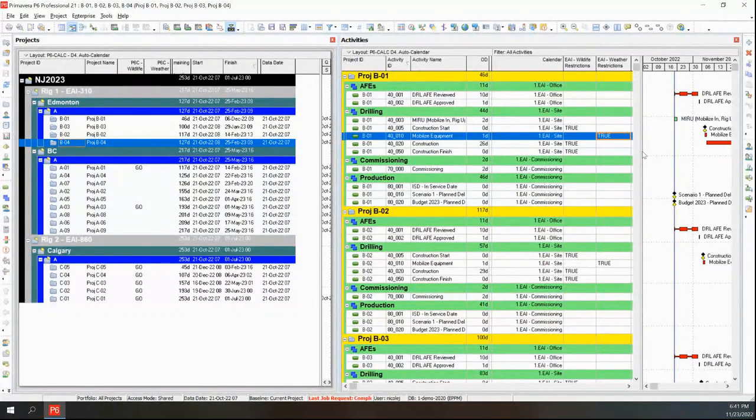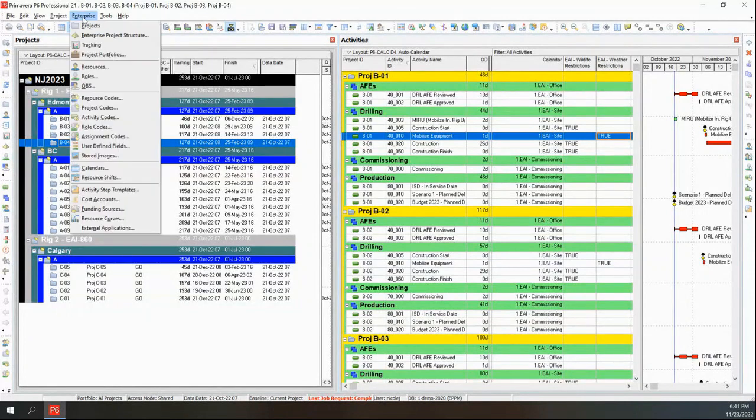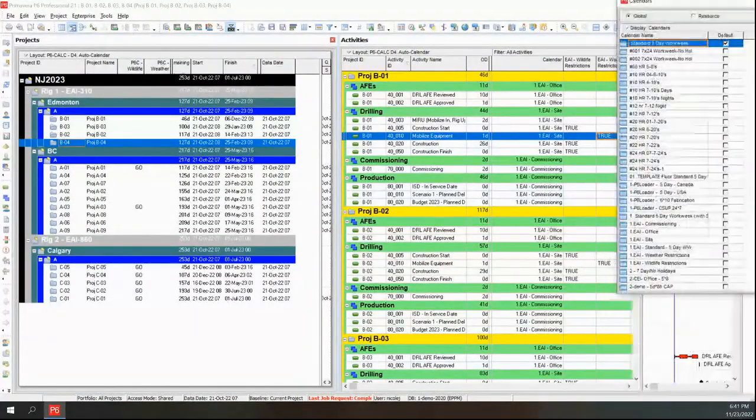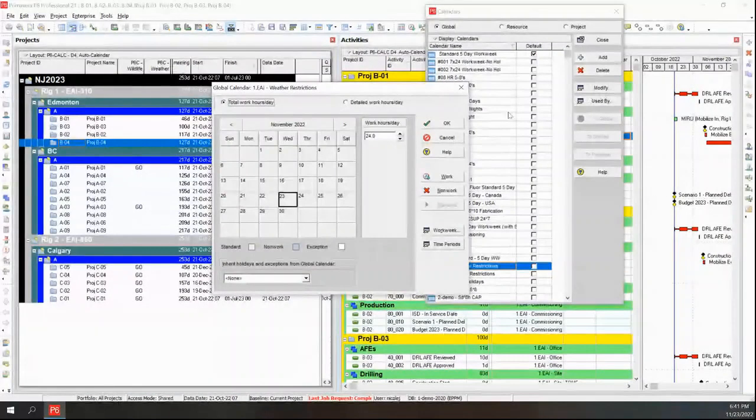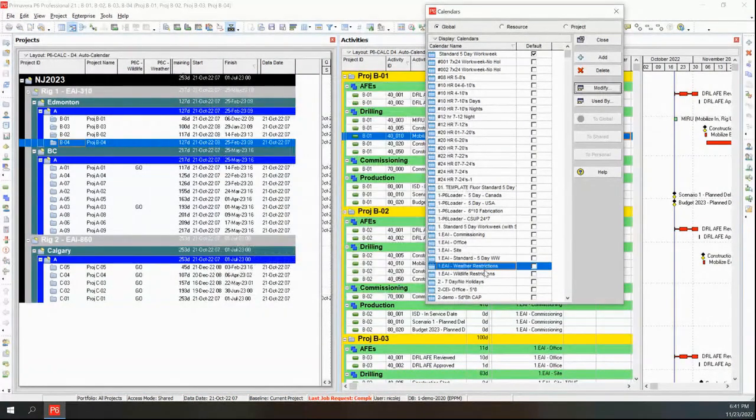A weather restriction might be road bans. Where we live, because it gets cold at certain times of year, and we have concerns about heavy equipment on the road, we get road bans. So we have times where we are not allowed to do certain things, including transporting heavy equipment. So you might have a calendar that you want to build to show those sorts of restrictions. For example, if I open this one up,